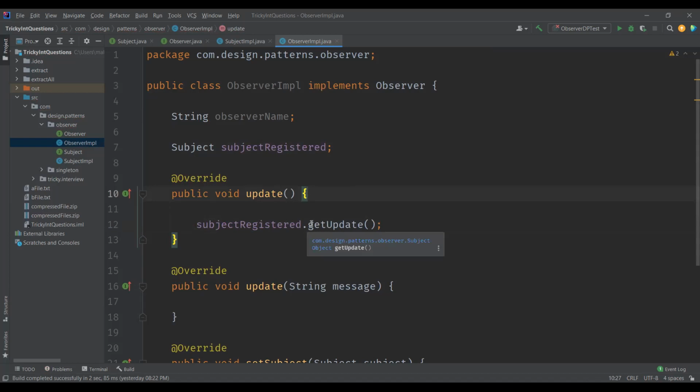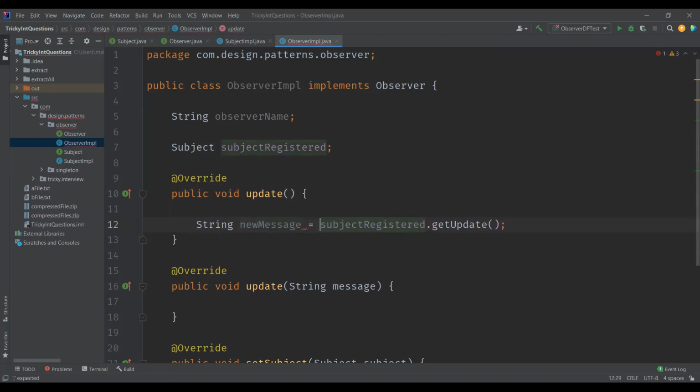We know that this will be a message which is of string type, right? So let's capture this in message. I'll call this new message. And we can see here get update is of object type, right? So we need to typecast it to a string object. Let's do that. We have the update now.